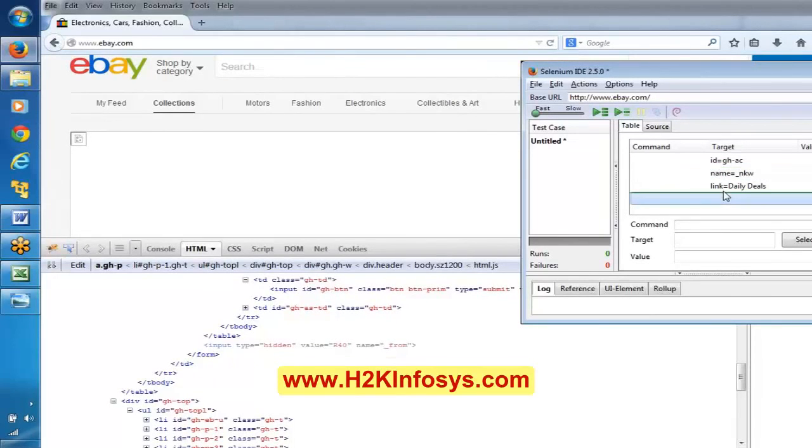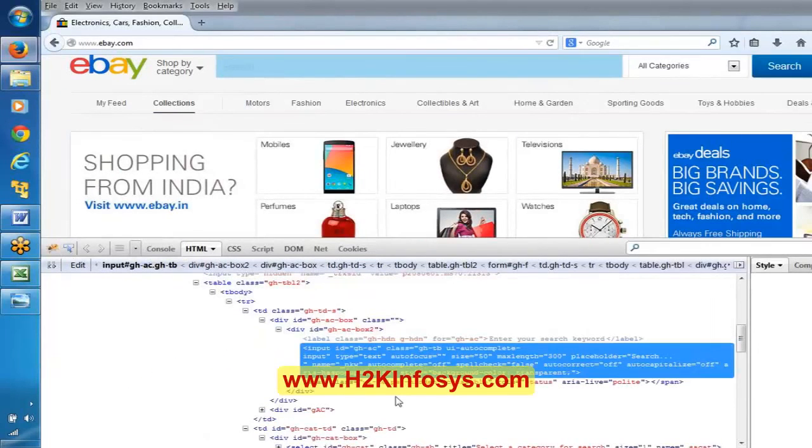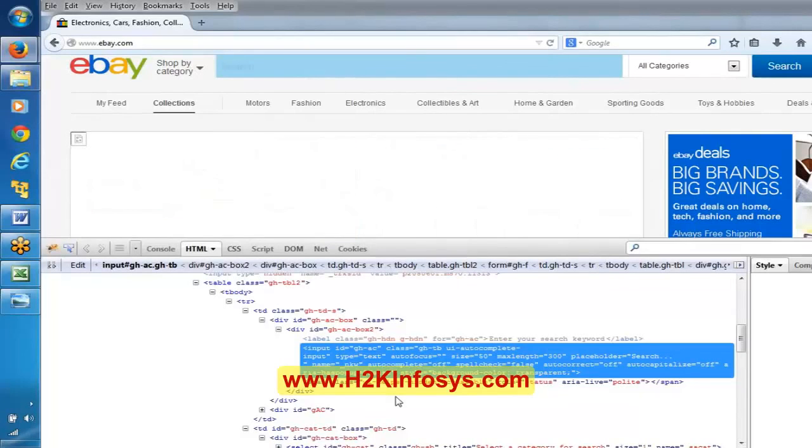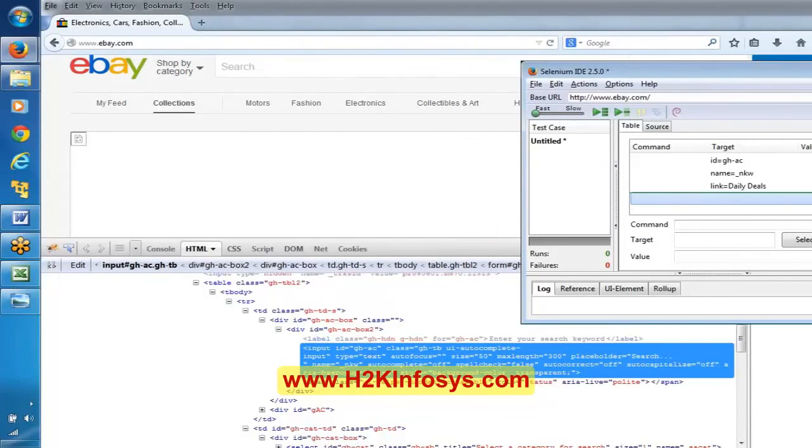Now we will try to understand how we can use XPath for this particular text box. Just to make you understand, I'm using this. Basically, we don't need to build using XPath in this case, because we already have ID and we already have name. But however, just to understand. Okay, now see here.